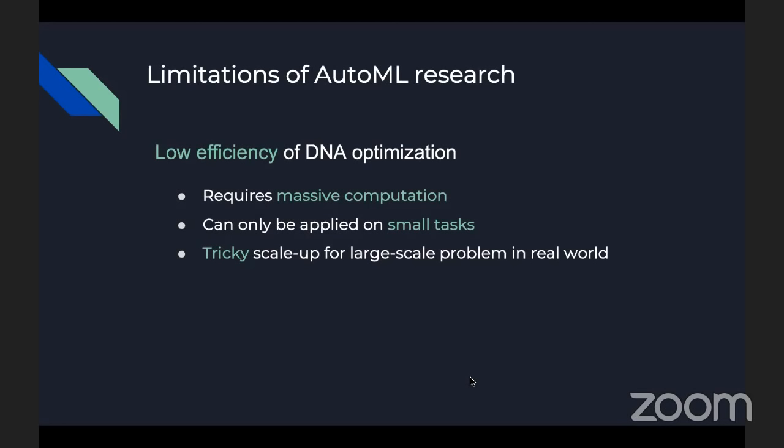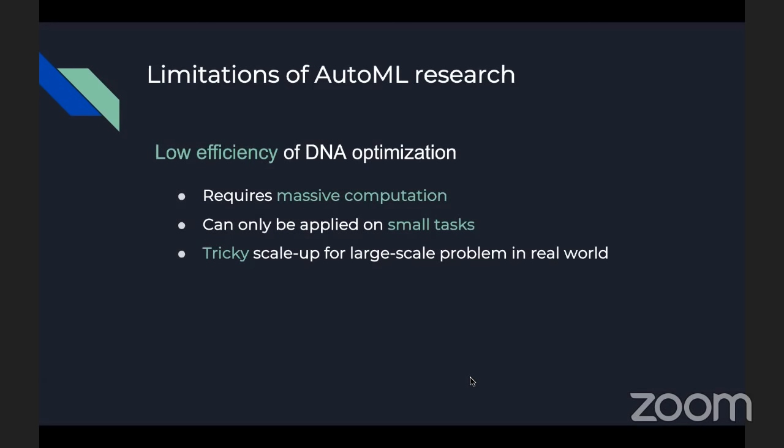And if the targeted task is a huge task like the ImageNet, we have to scale it down for the end-to-end search, the architecture search, and then design a very tricky, customized solution to scale up the architecture we find in the small task up to the bigger task,